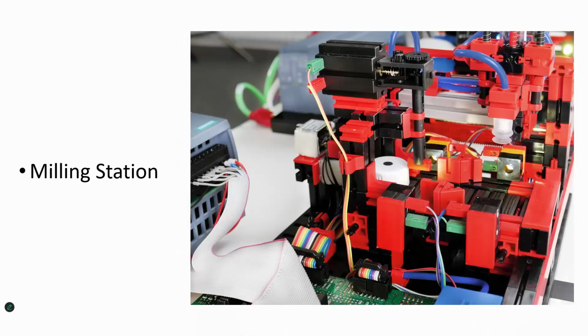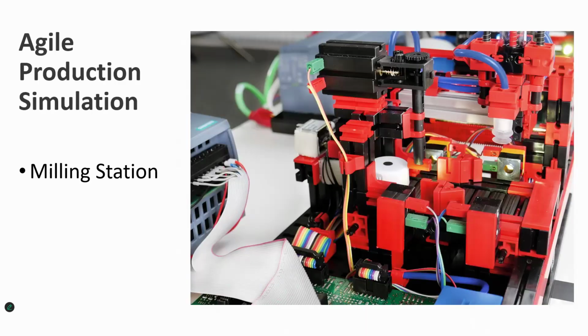Then you could typically have the milling station, which again has a docking station for the AGV, and a vacuum gripper that places the workpiece onto a conveyor belt, from where it is transported under the milling machine, and then the milling of two pockets is simulated on the workpiece. After that process, the workpiece is placed back on the conveyor belt and transported back to the vacuum gripper. The gripper then moves it back onto the automated guided vehicle, where it goes off to the next station,